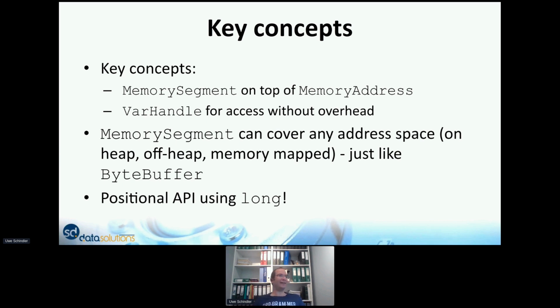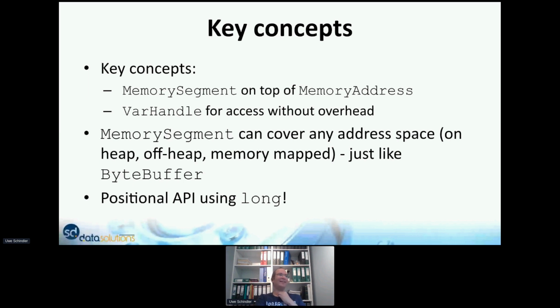The VarHandle is there to access those memory segments with different data types without any specific overhead, because it's all automatically compiled at runtime, so it gets the most ideal path, for example, to read an integer from a memory segment. The memory segment can cover any address space in the virtual area, so it can be on the heap, off heap, memory map. It's just like a byte buffer, but with one change: it's using a long to access it.